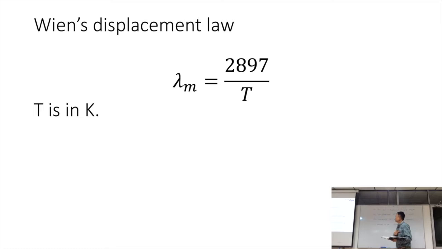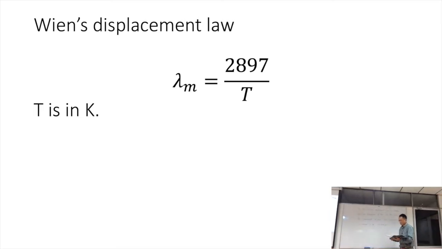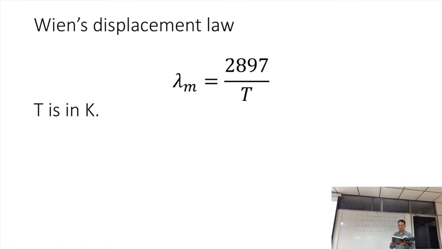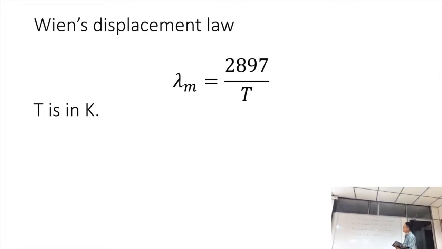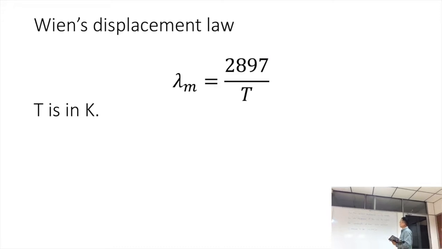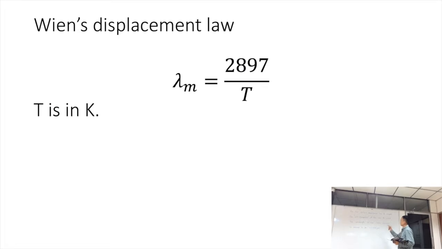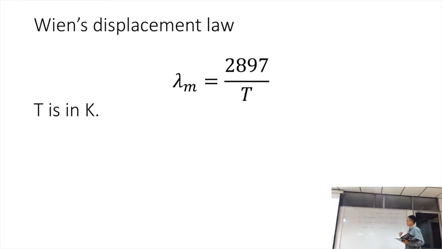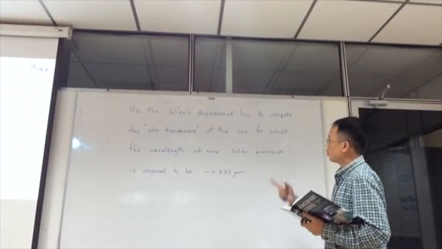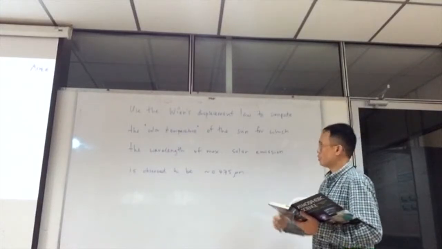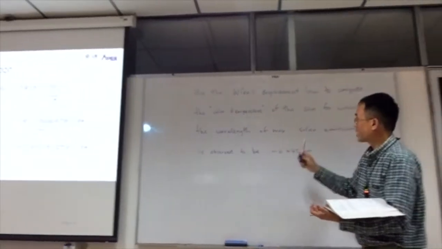Now, this example is interesting. It comes from this Wallace book. It's directly lifted off of this book. This example asks us to use Wien's displacement law to calculate the "color temperature" of the sun. That means you want to find or guess the temperature of the sun, for which the wavelength of maximum solar emission, that maximum wavelength,